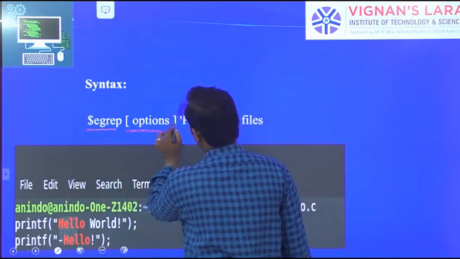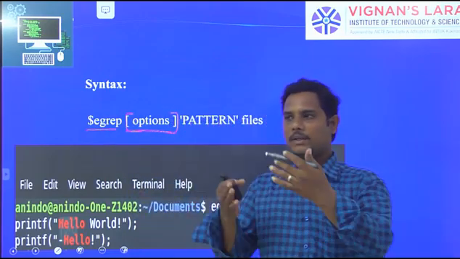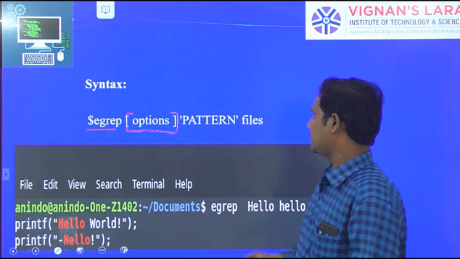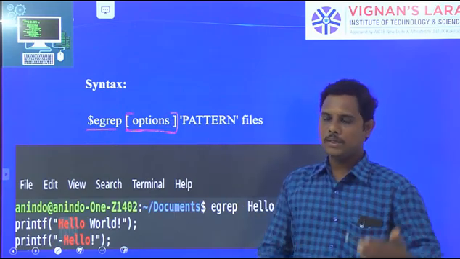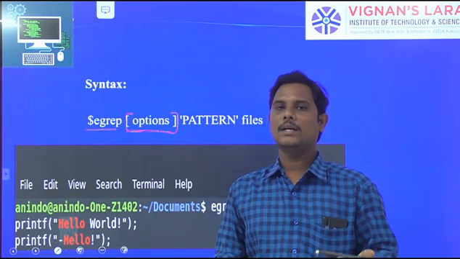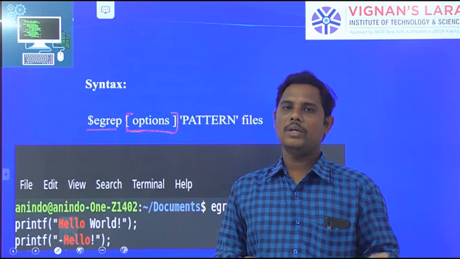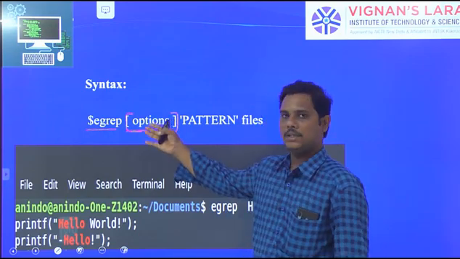More options are there. I told you already, whatever the grep options are, they are all included in egrep also: option C, option N, option L, option O, option W. So all options we can use here also.